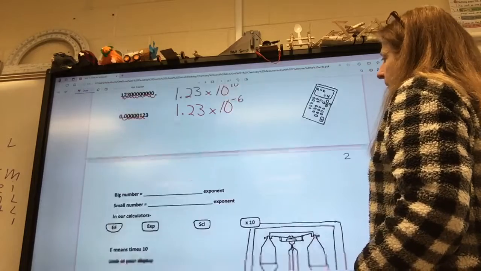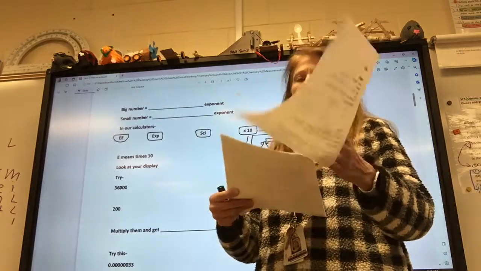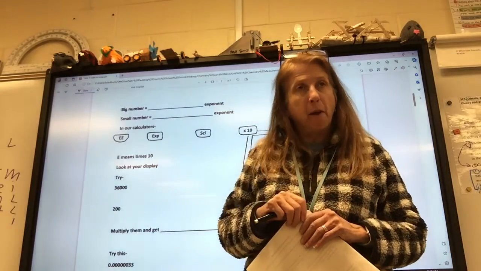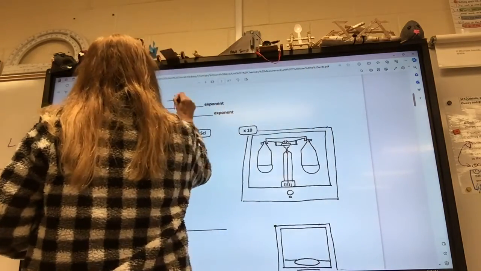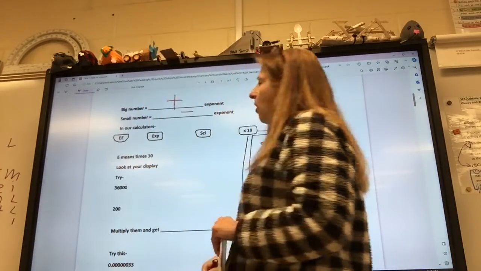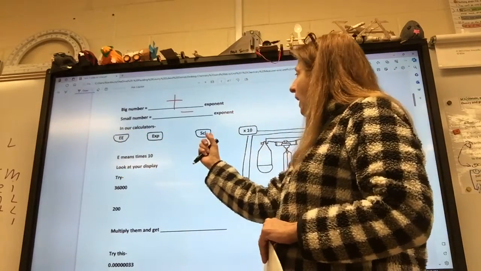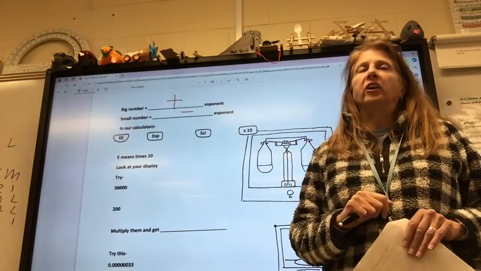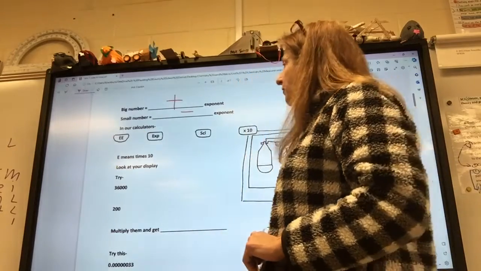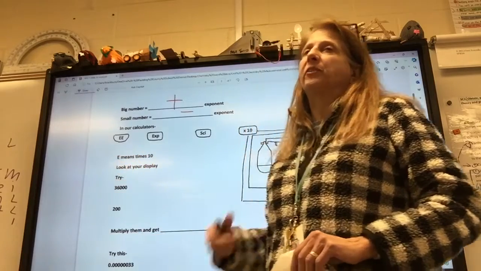Okay. All right. So a big number has a positive or negative exponent? You just saw it. Did the big number have a positive or negative exponent? Positive. Small number, positive or negative exponent? Negative. Okay. So on your calculator, what you're looking for is a button that says EE, EXP, SCI, or times 10. You can show me your calculator if you're not sure if it's the right kind, but it's got to have one of those. So E, or just the letter E, means times 10 on your calculator.